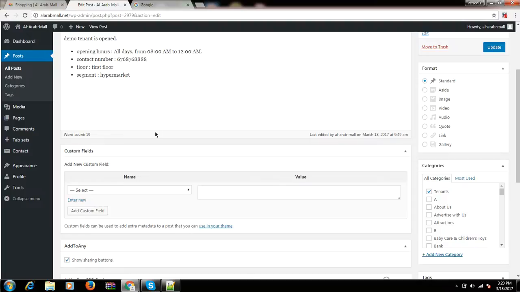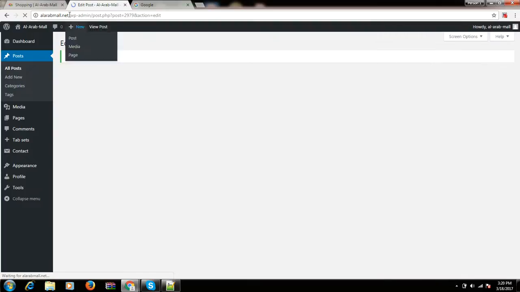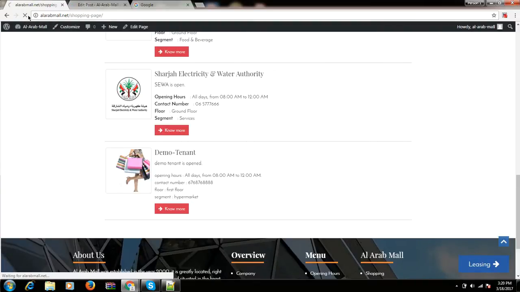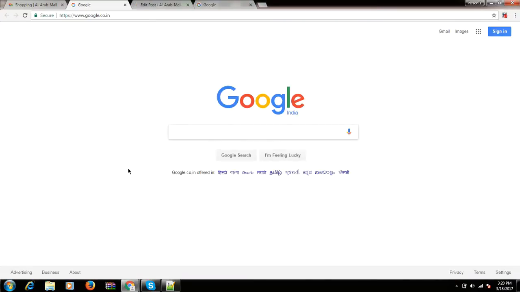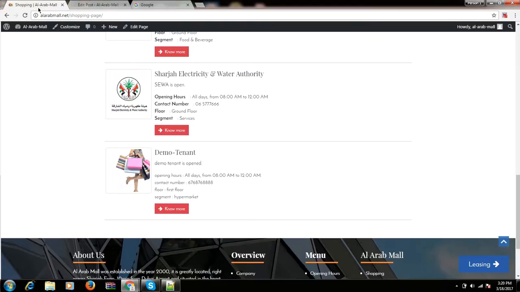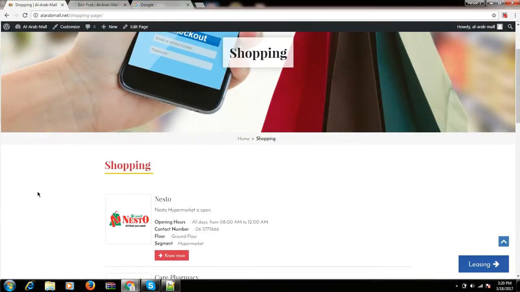Below the content editor, you will see a custom field block. In that, for the name drop down, you have to select an external link and put its respective URL. So when I click on that logo image, I will get redirected to this Google page. I added this URL. Now click on update for the latest changes. Come to the site and refresh the page. Here when I click on this image, yes, I successfully got redirected to the specified URL.